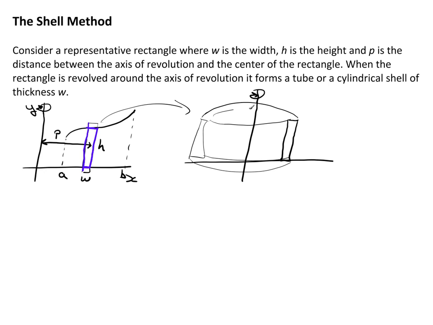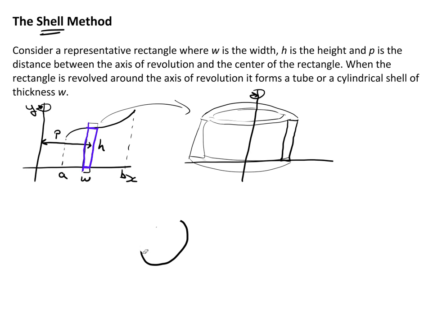Actually, I should probably draw it a little bit more like this. We get this ring, and this ring is what I'm thinking of as a shell when I'm talking about the shell method. So what I really need to do is figure out how to find the volume of just that ring. Well, if I tip it on its side and look at it like this,